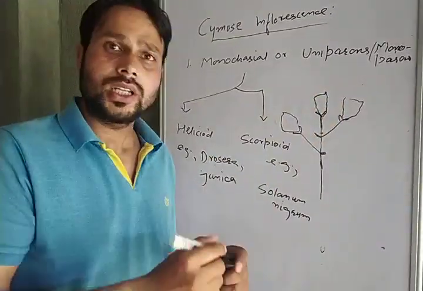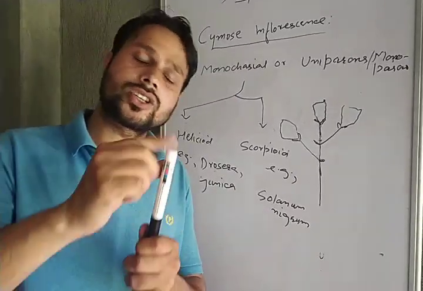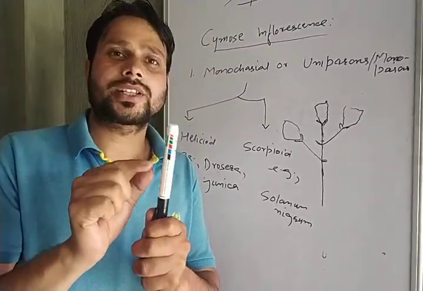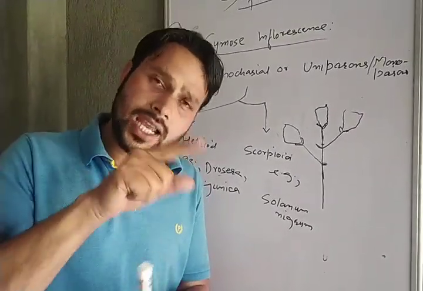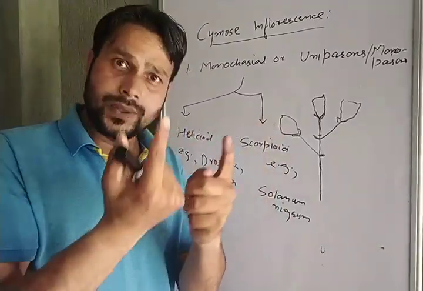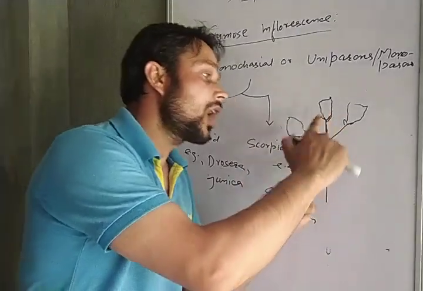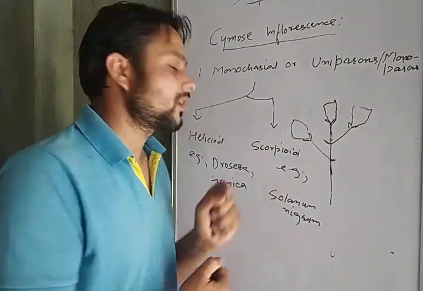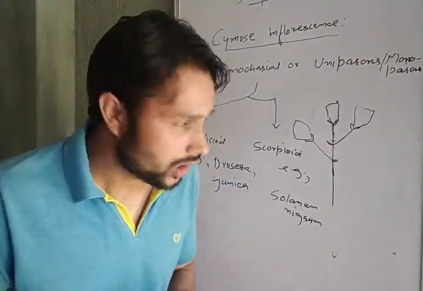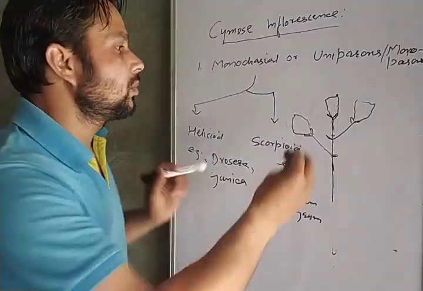So in monochasium, the terminal of the floral axis terminates into a flower and a lateral branch arises. This lateral branch again terminates into a flower. If it occurs on one side, then it is called helicoid type. If it occurs alternately on both sides, then it's called scorpioid type of inflorescence. Okay, this is monochasium. Now we will move to